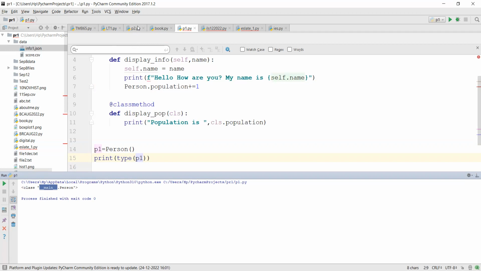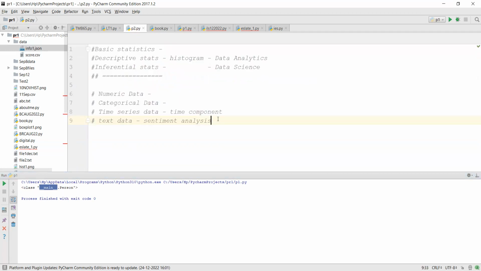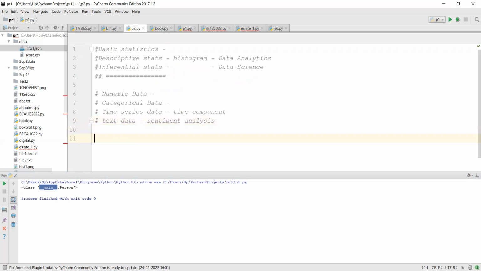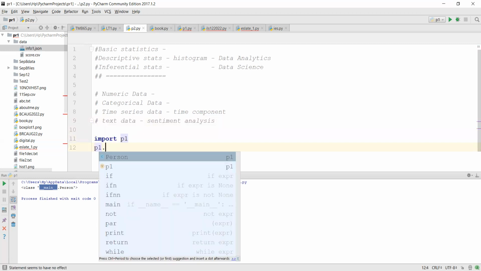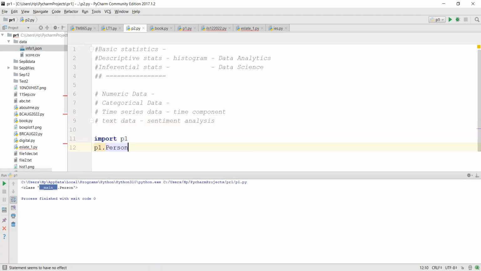So now if I go to P2, and in P2 I say import P1 dot P1. Now if I say P1 dot, you get person here, right? Person is a class name. So what I'll say is from P1 import person. And now if I say P1 equal to person,